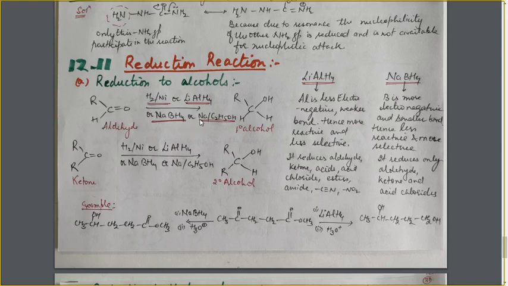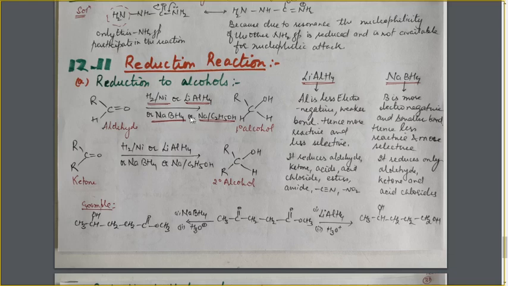And if this aldehyde is reduced with these reagents, it will get reduced to alcohol. How will the reaction take place? Simply see that during this process 2 hydrogens will be required. That will be supplied by these reagents. And how will the 2 hydrogens be used? 1 hydrogen will move to this oxygen atom to form the OH group, and 1 hydrogen will move to this carbon atom to form the CH bond, CH and OH, and we will get the 1 degree alcohol.